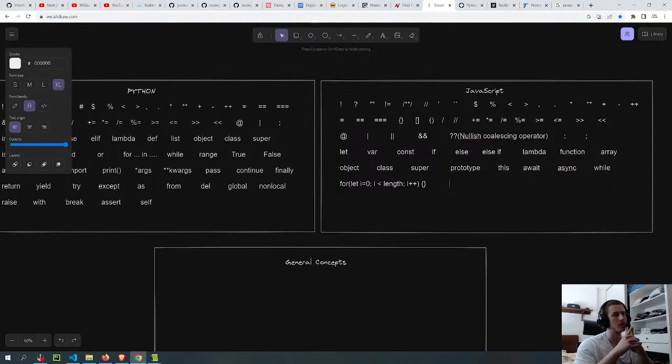Yeah, I have to think more about how I'm gonna structure the syntaxes, because there are general syntaxes, which are the ones that I'm doing here, and then there are the syntaxes for methods of each thing. So I think it would be better to separate the methods of lists and arrays in a different data frame and create a different graph for that to show the differences in methods in the way that they are called in each language. And the other more general syntax.